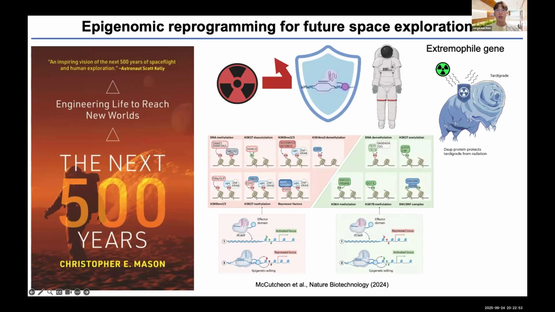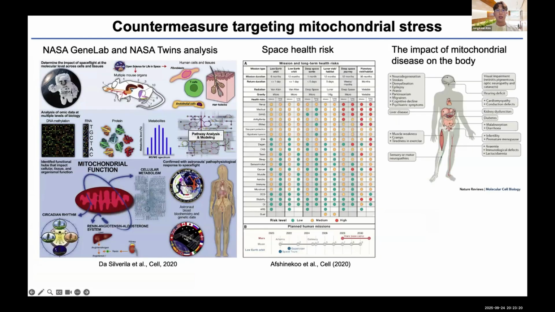One of the approaches we are doing is using CRISPR technology to enhance the radioprotective genes. Or, in a more progressive way, we are thinking of utilizing the defense mechanisms from extremophiles such as tardigrades. So we have some cell lines introducing tardigrade protein into the mammalian cell, and we are analyzing that to understand the mechanism.